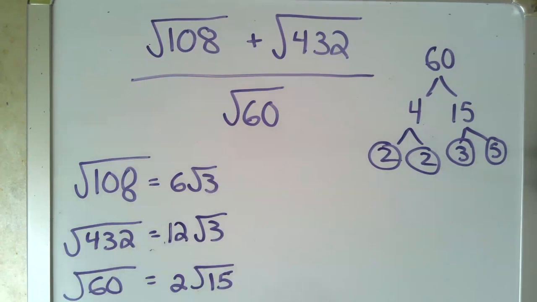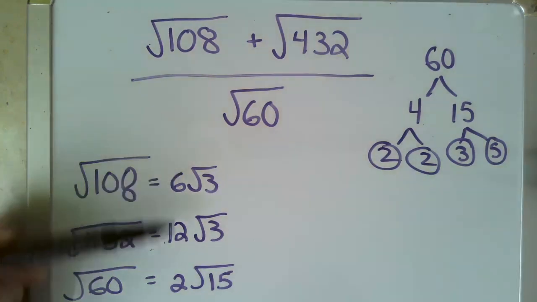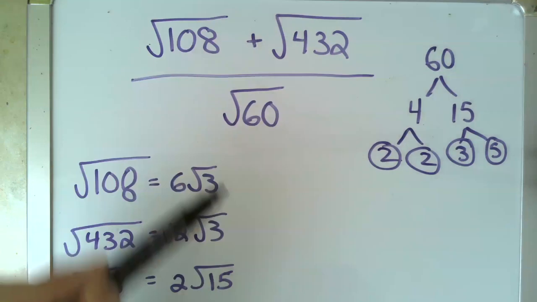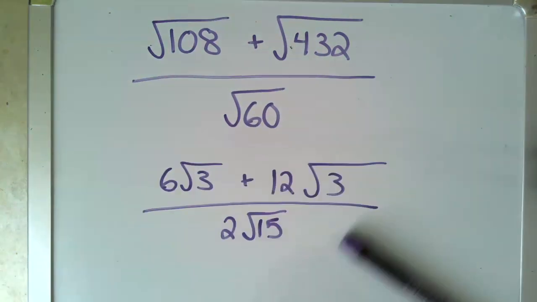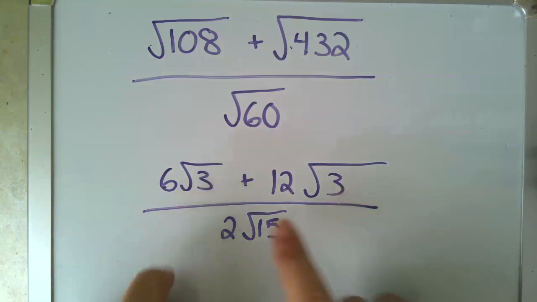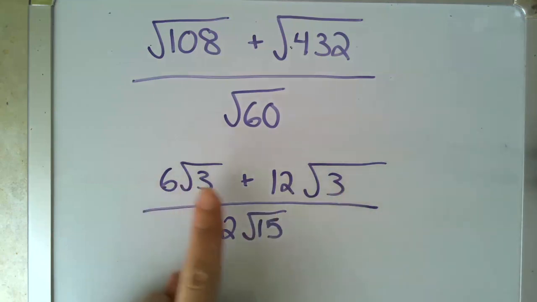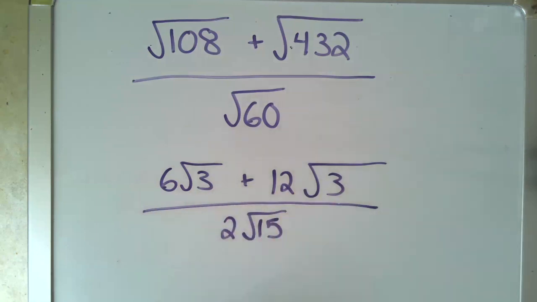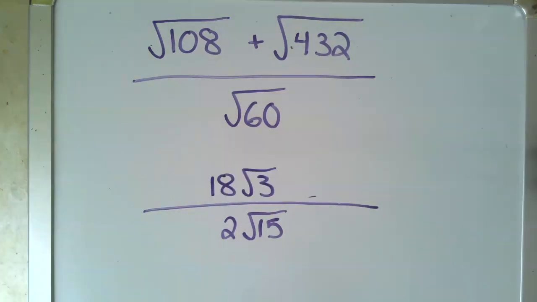So now let's go back to our problem and let's put these 3 in for these 3. All right, so our problem can now be written more simply as 6 root 3s plus 12 root 3s over 2 root 15. I like to employ a little something called CalMath to help you remember what you can and can't do. Root 3 and root 3, those are the same and we're adding them. So 6 root 3 plus 12 root 3 is the same as 6 cows plus 12 cows, which would of course be 18 cows, or in this case,